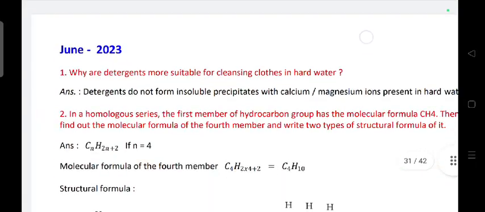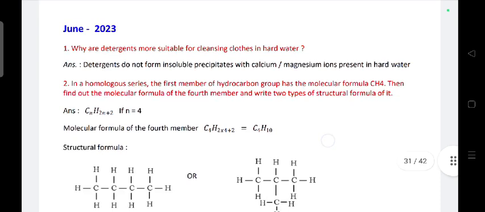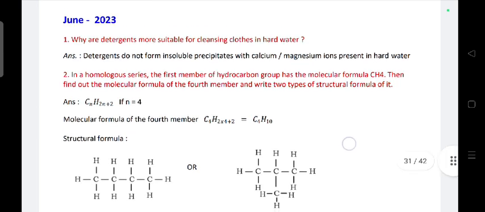So next, in June 2020, why are detergents more suitable for cleaning clothes in hard water? Detergents do not form insoluble precipitates with the calcium and magnesium ions present in the hard water. So next,